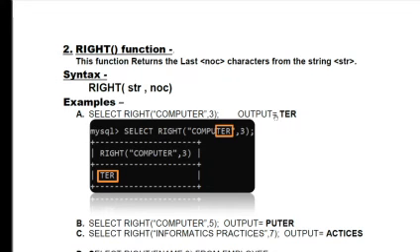Now the output is TER. Let us observe how it produces the output like this. The number is 3 and the function name is RIGHT, so it will move from the right side. This is the first letter, second letter and third letter. So it comes to the third letter. From that place it starts reading towards the right side, that is T, then E, then R. So the output is TER, not RET.